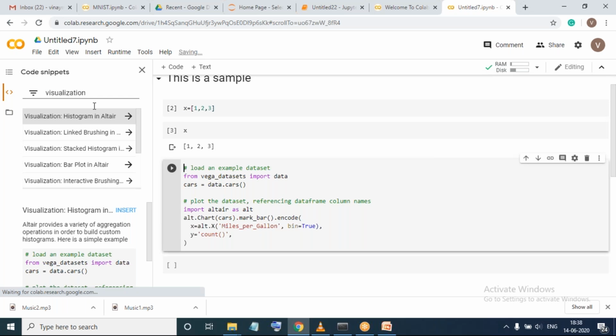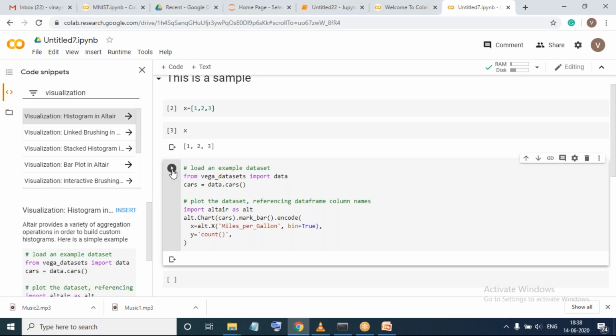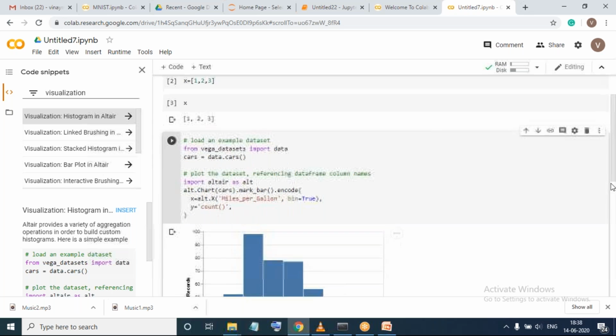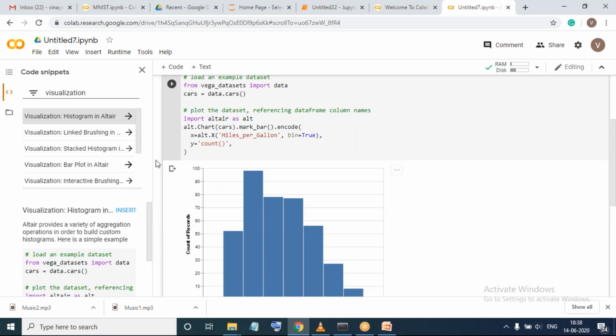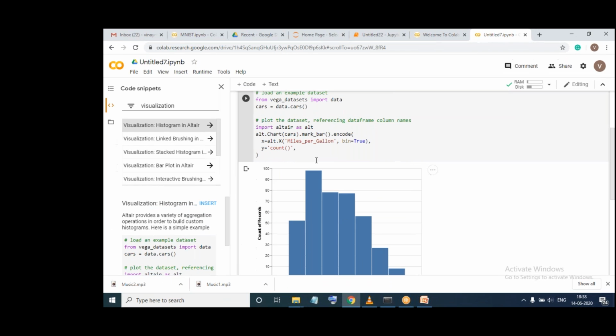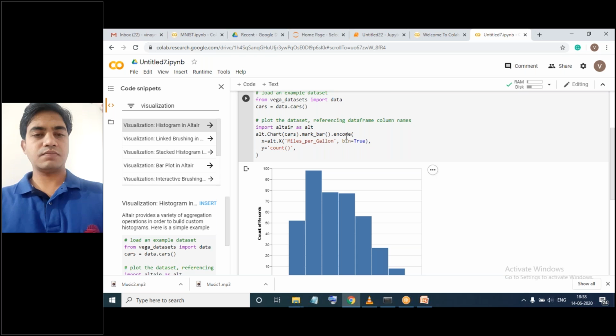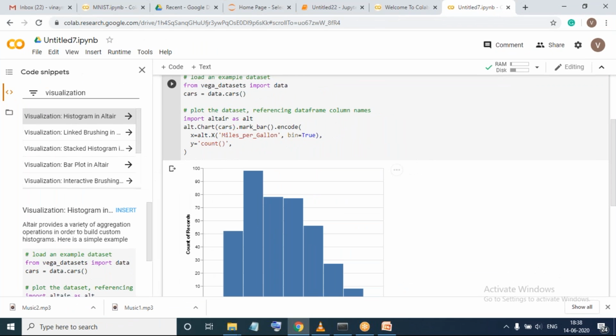So when I press visualization, it will give you various options for how you want to visualize your data. Right now it has taken one visualization snippet. If I directly execute this, say I press this play button, then you can see that the visualization has been run, and you can clearly get a number of graphs. So the simple example I have taken here is, if I want to visualize any data, then we can use this small ready-made snippet which is already available. Okay, so this is one thing.